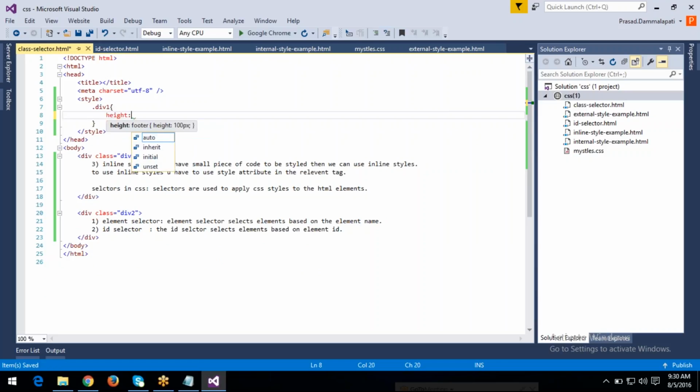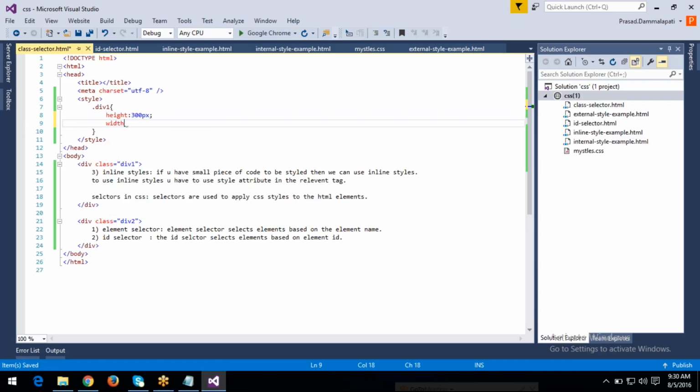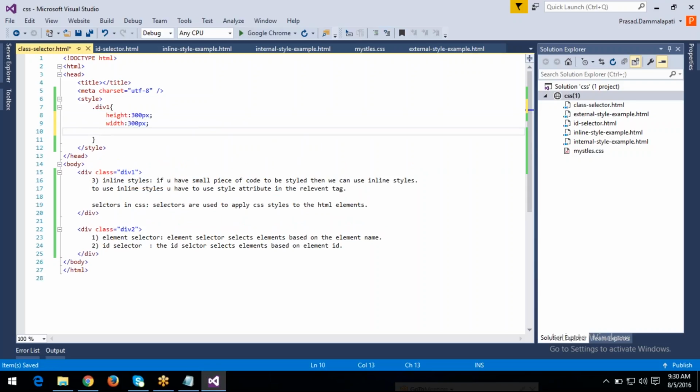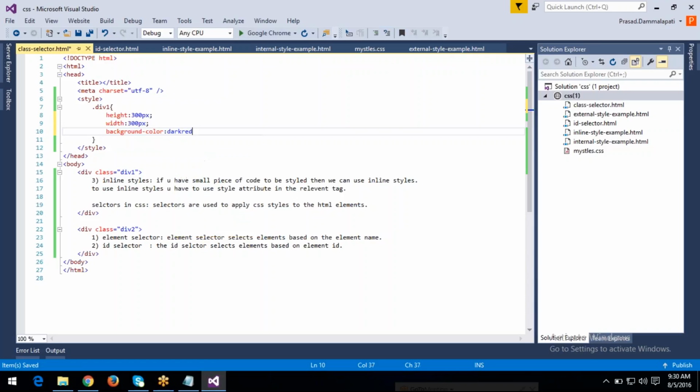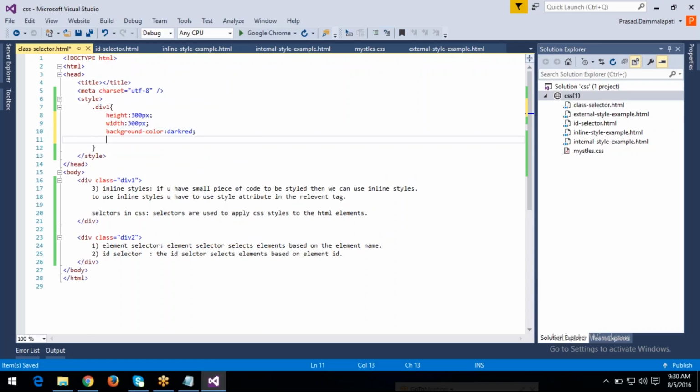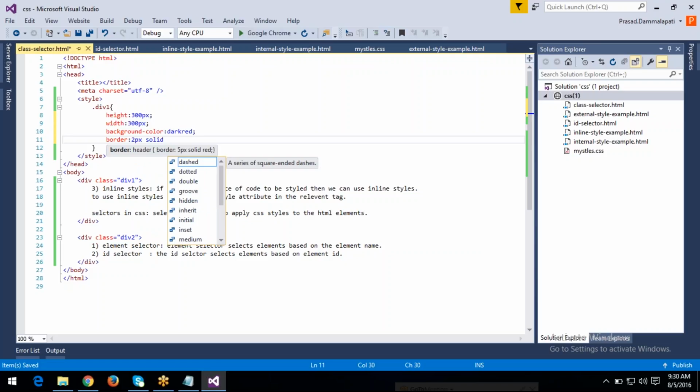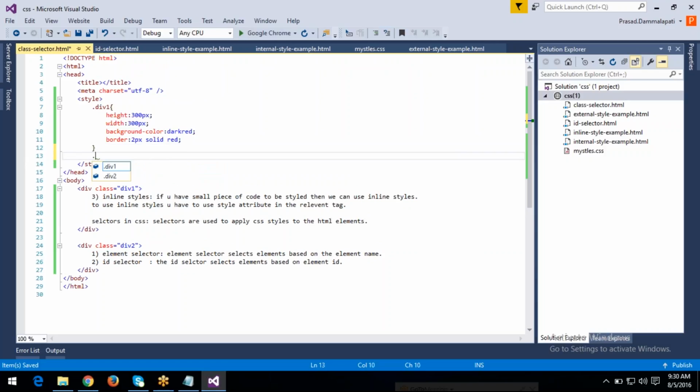And the height of the div tag 300 pixels and width of the div tag 300 pixels, and background color is dark, and border 2 pixel, solid, red color border. And for the second div, dot div2,